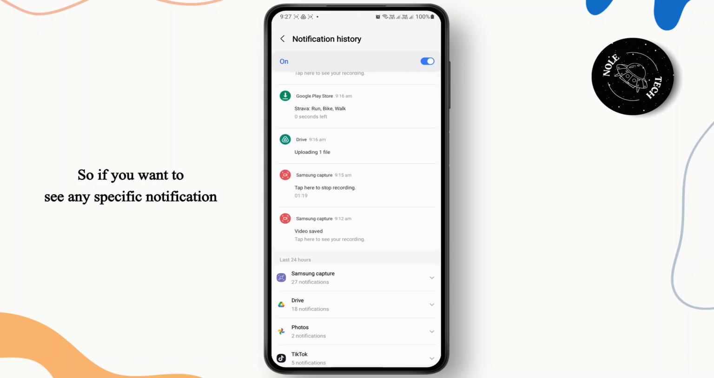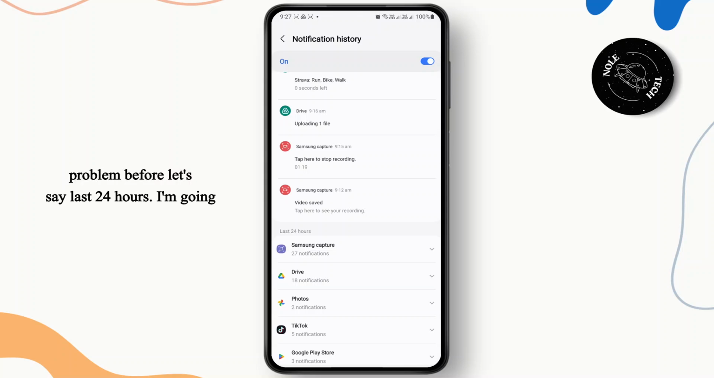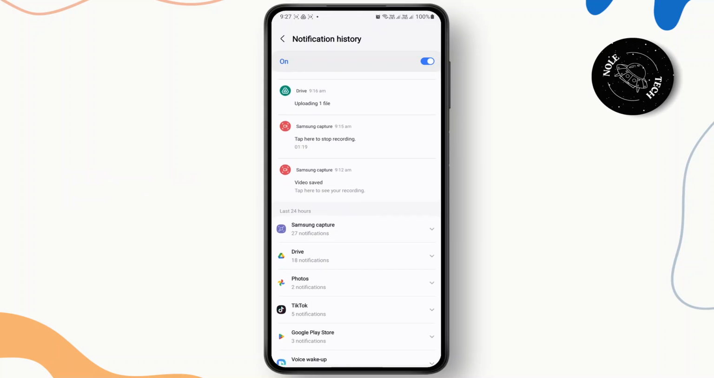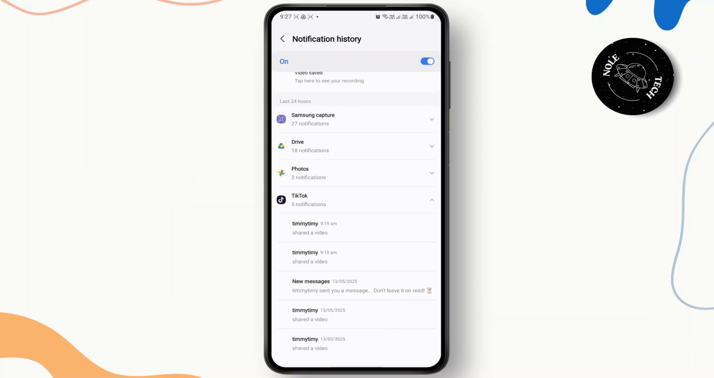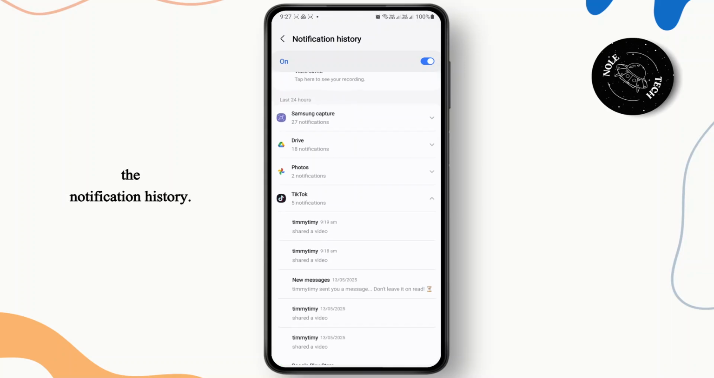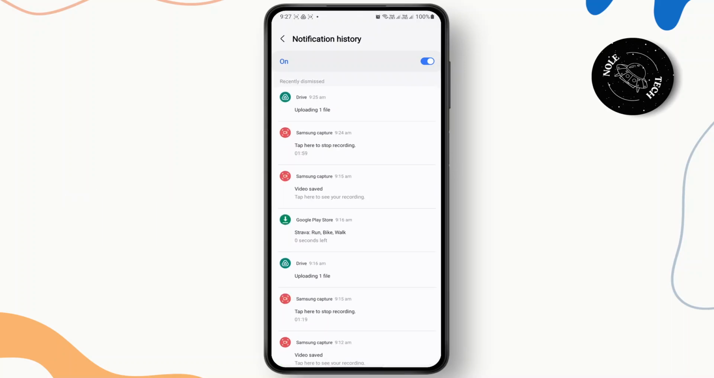So if you want to see any specific notification from before, let's say last 24 hours, I'm going to tap on this drop down. And here I'm able to see the notification history. So that's how you basically see notification history on